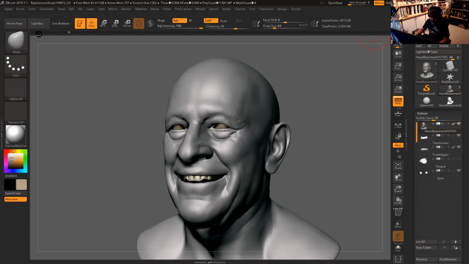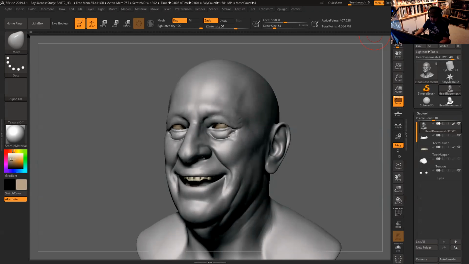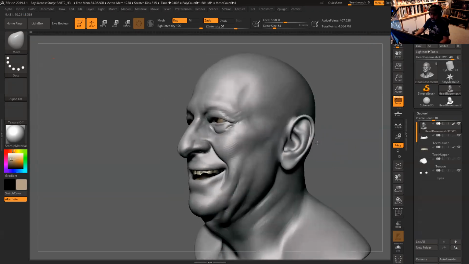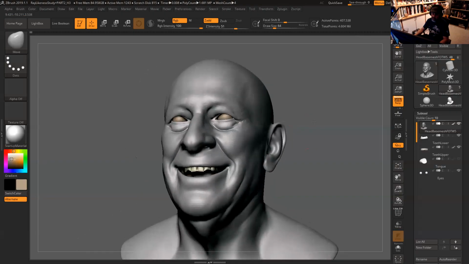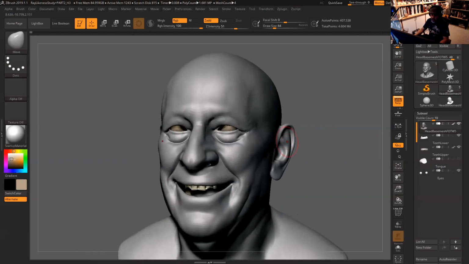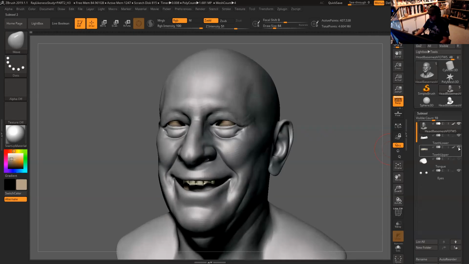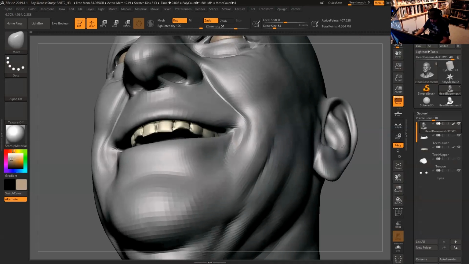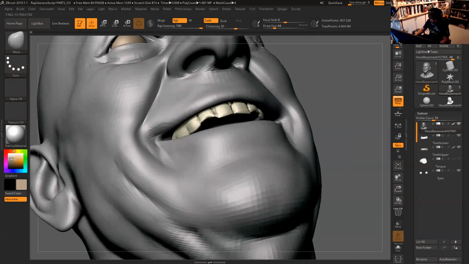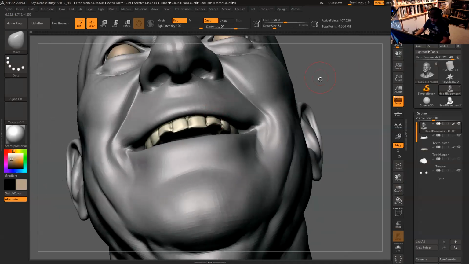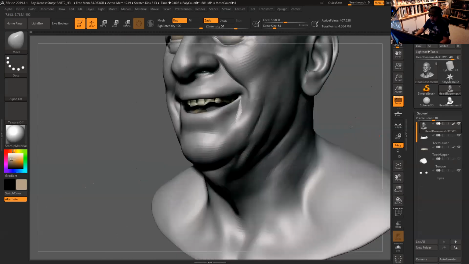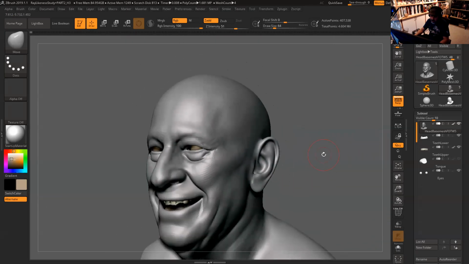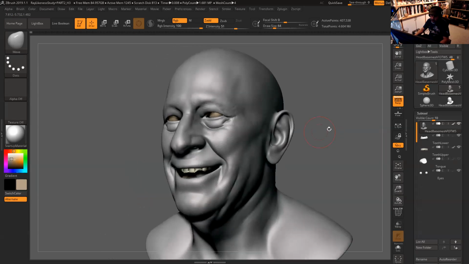So basically, the way it works is like this. So this entire session started right here, right? This was the state of the model done during the class yesterday. Other than the teeth, right? The teeth, I added that little broken up teeth in there, just like a quick model, just to emulate his teeth. He has this weird teeth. So other than the teeth, everything else was the same state that we had at the end of the class.